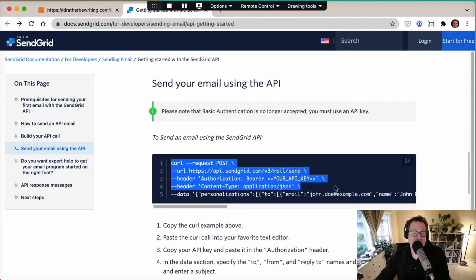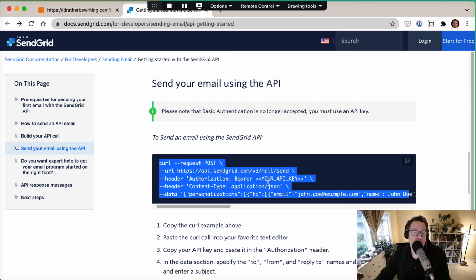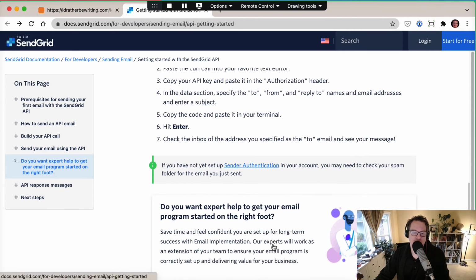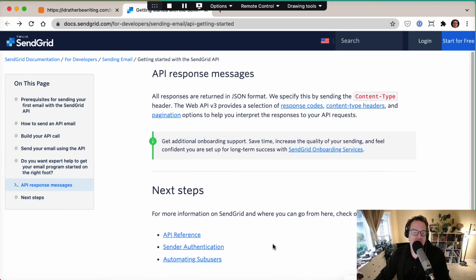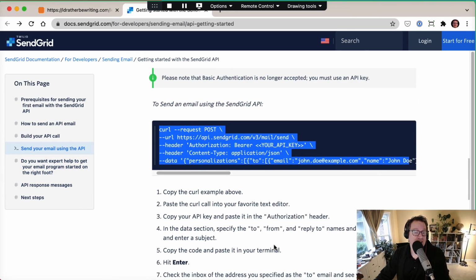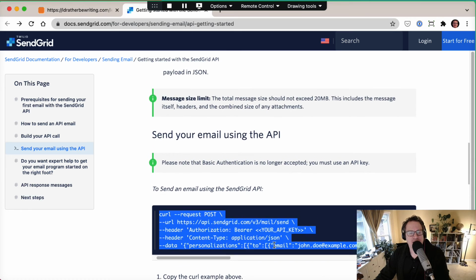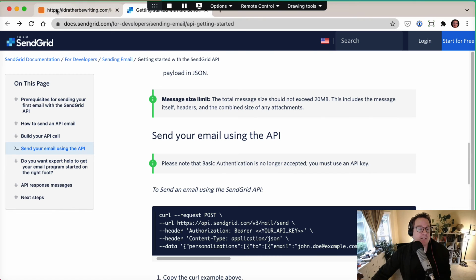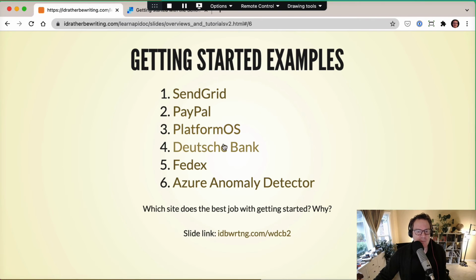Just copying this little curl example, replacing it with your own API key, and making that work challenged users. Now, these were tech writers, not engineers, so it's probably not the right audience. But you can see this is a very simple tutorial. It doesn't necessarily have enough detail to make people more familiar and confident with the product. I mean, it basically sends an email to the address that you indicate. Maybe that's enough. Maybe it's not. Let's look at